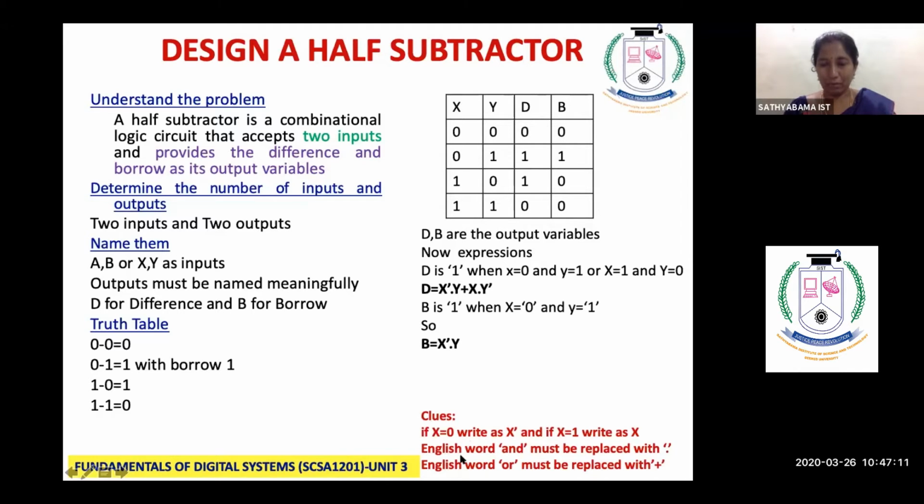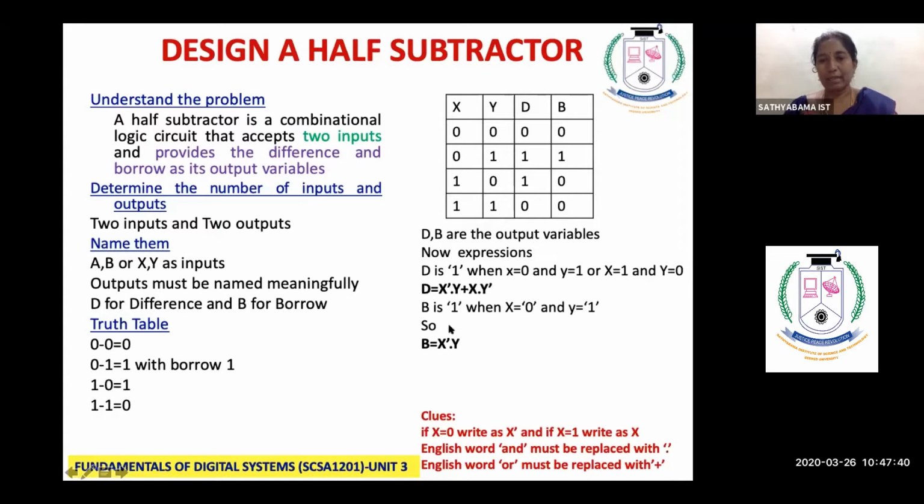Now kindly come to the clues part. Here what I have written, you see, if x is equal to 0, we have to write it as x dash. If x is equal to 1, we have to write it as x. Now, if you have an English word and, it should be replaced with dot. If you have an English word or, it should be replaced with plus. So, keeping this in mind,